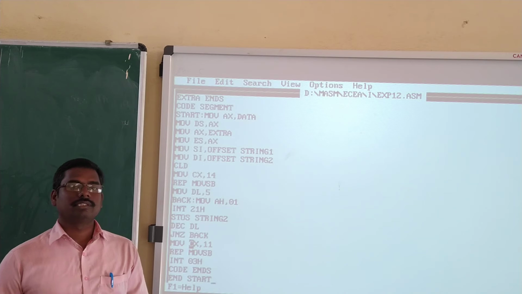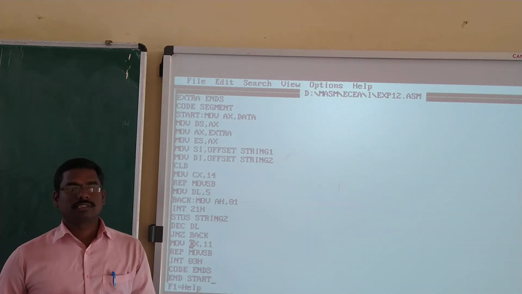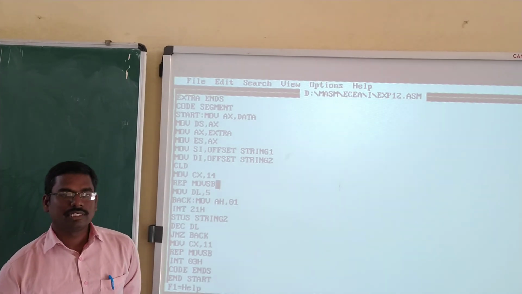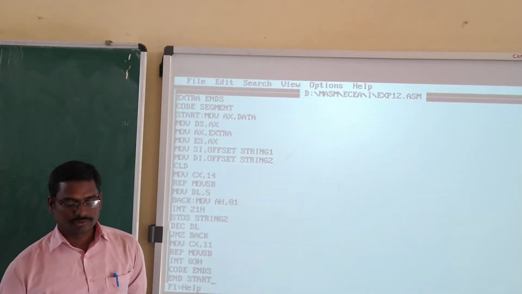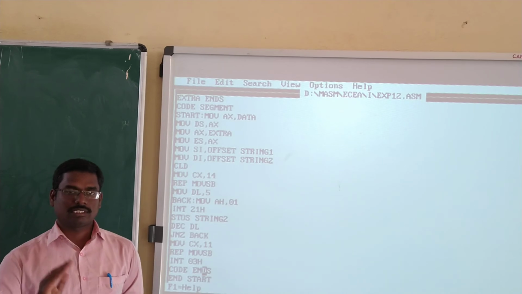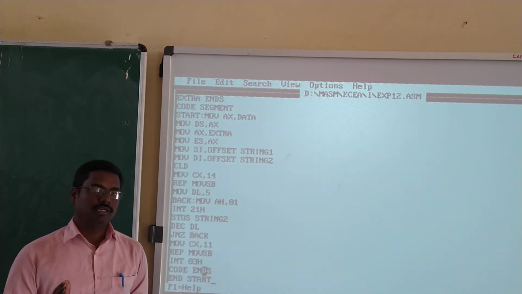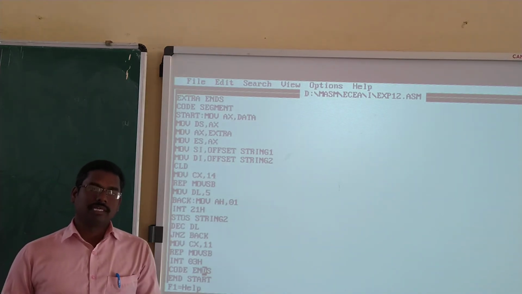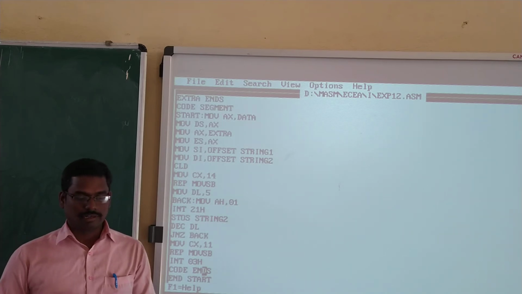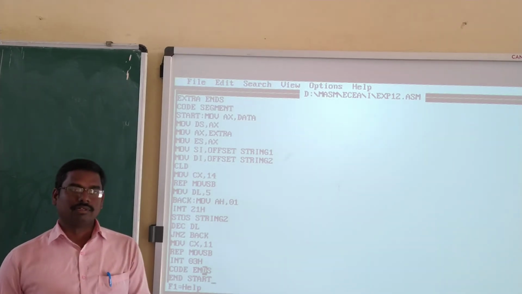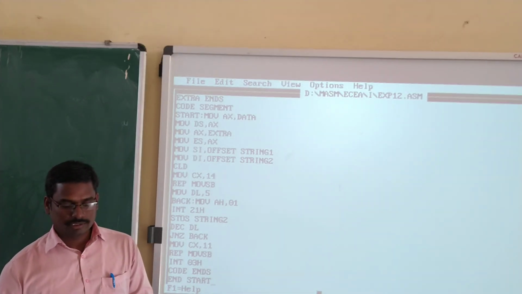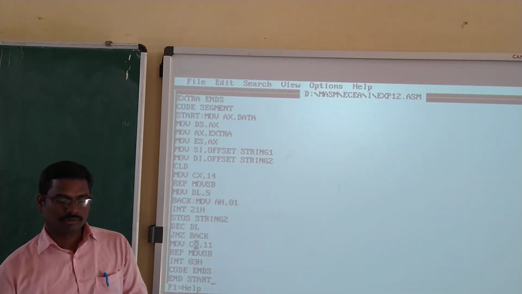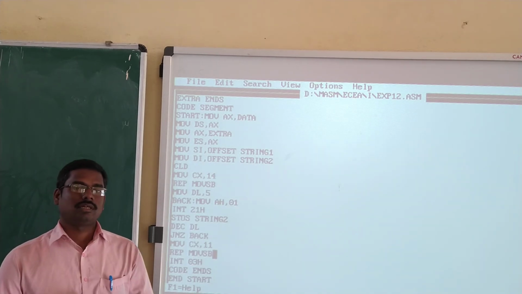And next instruction is MOV CX, 11. Here CX is a counter register. After inserting the 5 characters, the remaining characters are 11, so that count is 11. That's why MOV CX, 11. Next, REP MOVSB, so the remaining characters are also printed.